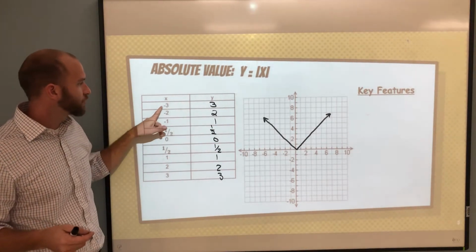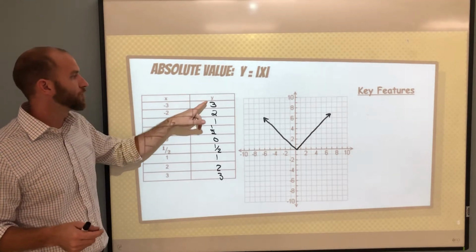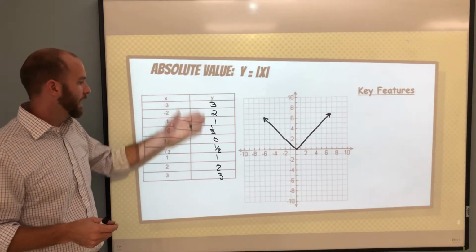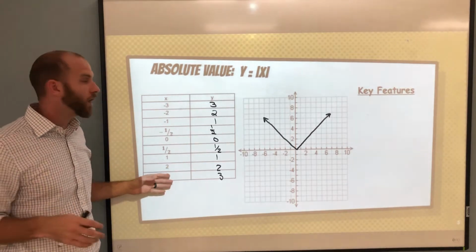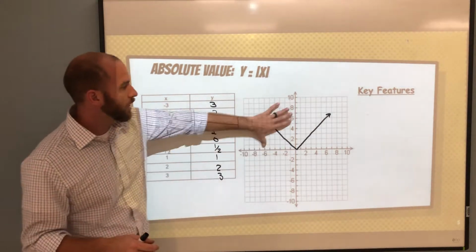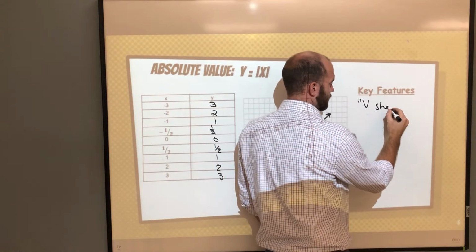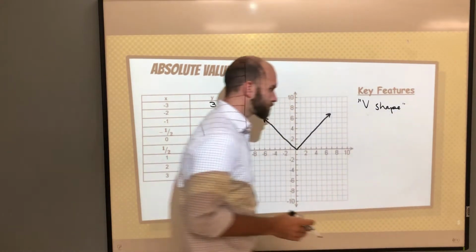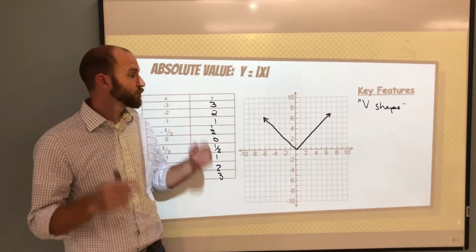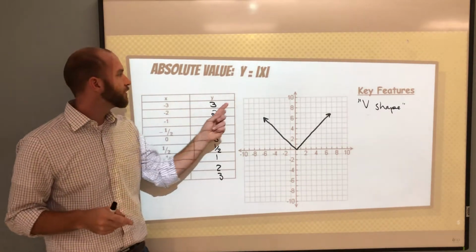So -3 corresponds with 3, -2 corresponds with 2, and so on. It doesn't change the positive x values, however. We see on the graph it makes a V shape. So anytime we see a V-shaped graph, we should automatically know it's going to live in the function family of